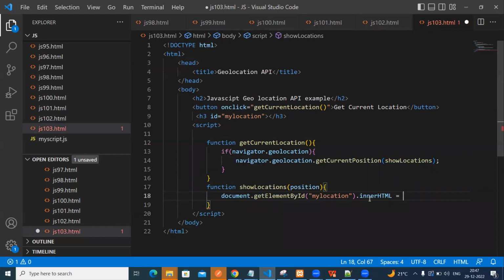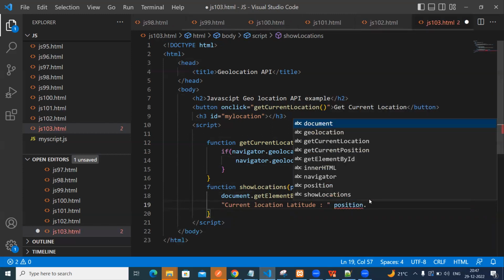So then we are appending the latitude, current location latitude. So then space colon. So then after that